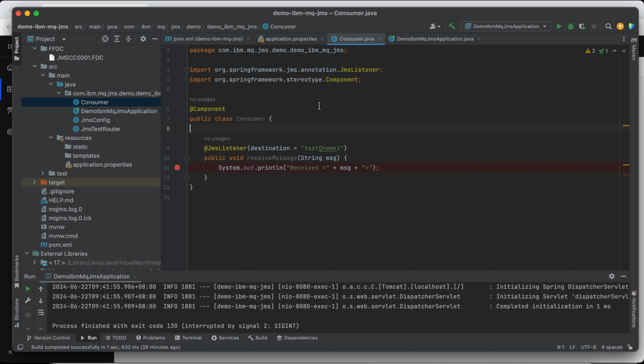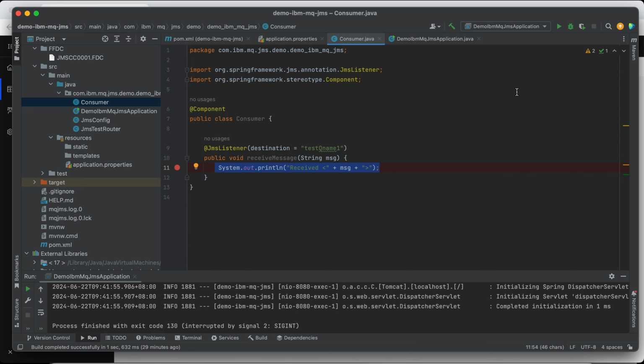So every time somebody sends a message to this test queue name, we will receive it here, so we can process whatever message we receive. For this demo, we just simply print out in the console whatever message we receive. We can test this out.